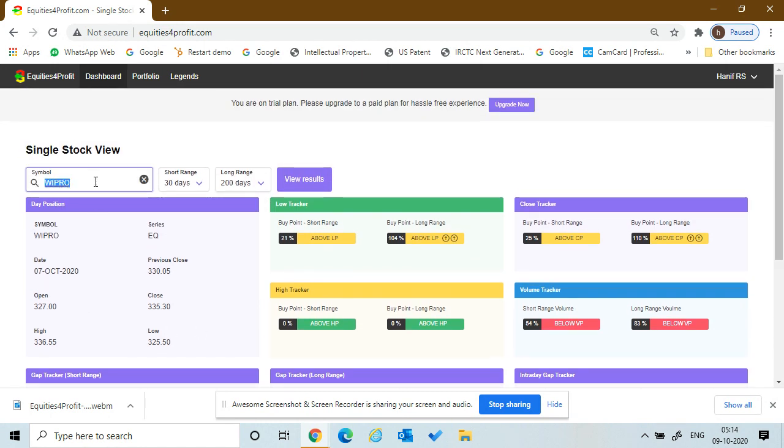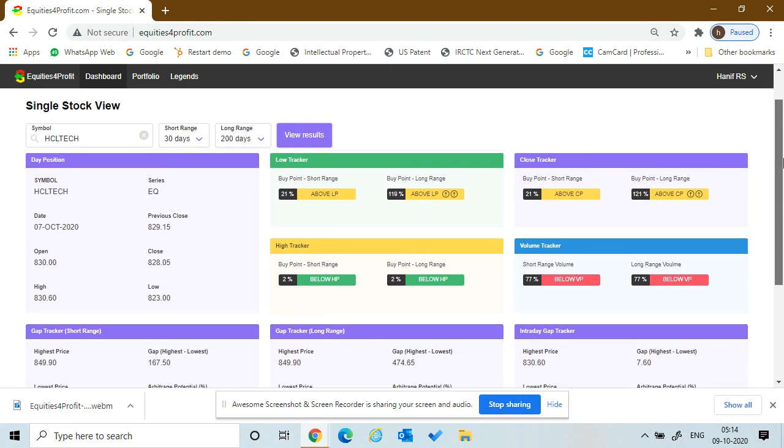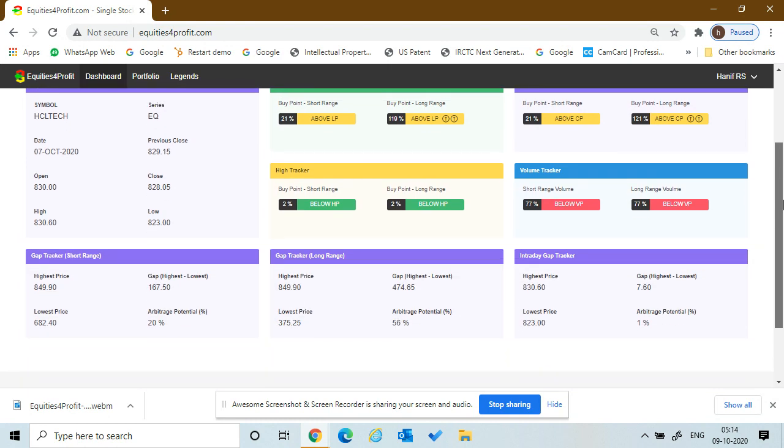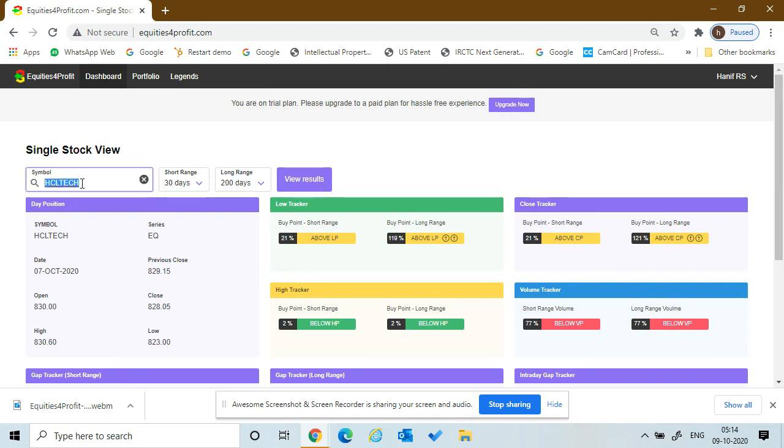So now, the same way, you can add other stocks. Can add HCL Tech, and you can get to know the data. If you want to look into what is called the gap trackers, you can see HCL Tech has got a long range arbitrage potential. It's very difficult to get it at the lowest point and sell it at the highest point, but the potential has been 56%, and in the short range it has been 20%. You can add other stocks such as NTPC,